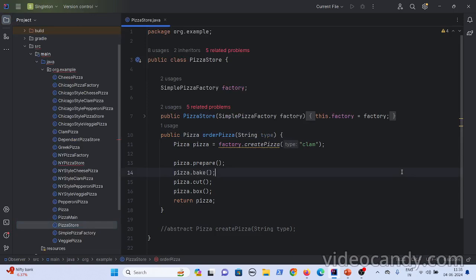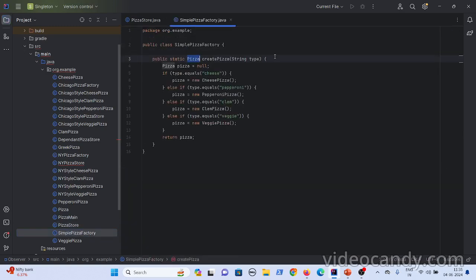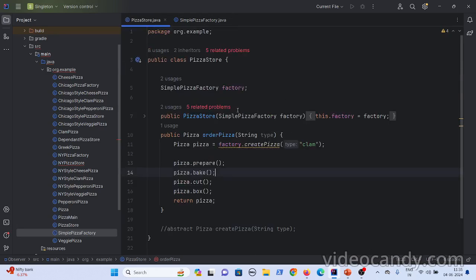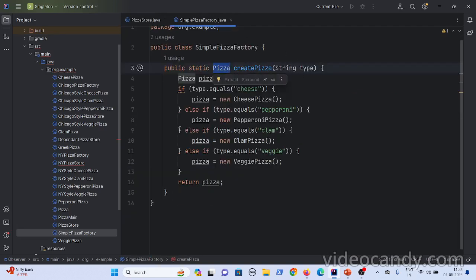But whenever you add a new variety of pizza, you are changing this class, and since this class has to follow the open closed principle, we created a separate factory method where we have provided the instantiation logic like this. The pizza store calls that factory method and passes the type, and here you have all the instantiation logic.